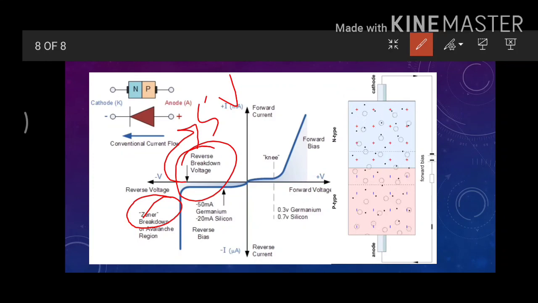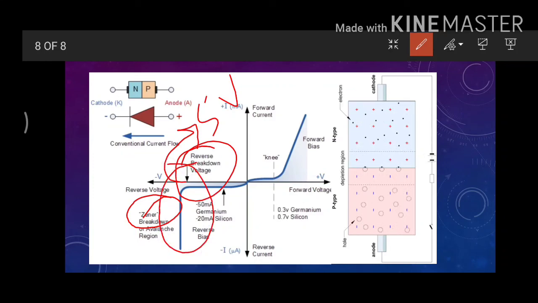In reverse bias they conduct electricity at 5 volt, and it is controlled at 5 volt, where it is capable of letting a current of around 200 or 300 milliampere flow. But if you try to flow more current than 200 or 300 milliampere, or the current mentioned on its data sheet, the diode will damage itself. So this is how we create the Zener diode, which is one of the major applications of the special purpose diode.